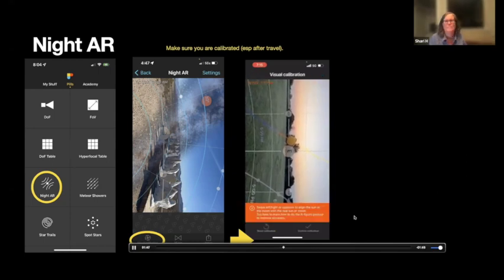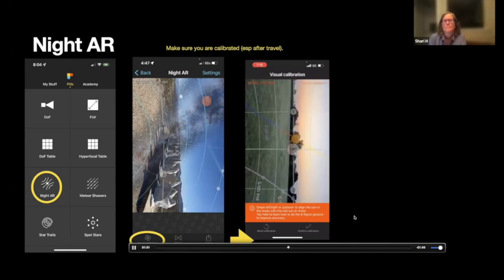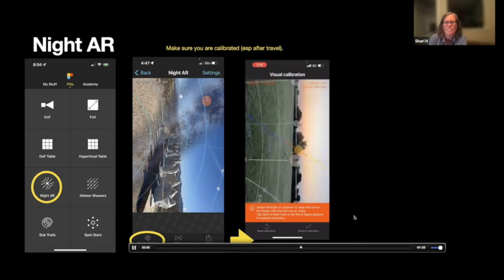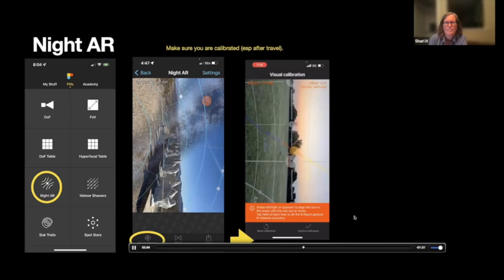What you want to do, the instructions are here. You're going to swipe left or right or up or down to basically align the sun where it is. You can even do this in the middle of the day, or if it's nighttime, you can do this with the moon. But you want to align that sun where it's at currently, and that will help you get a better visual calibration. So I'm going to put the sun back,